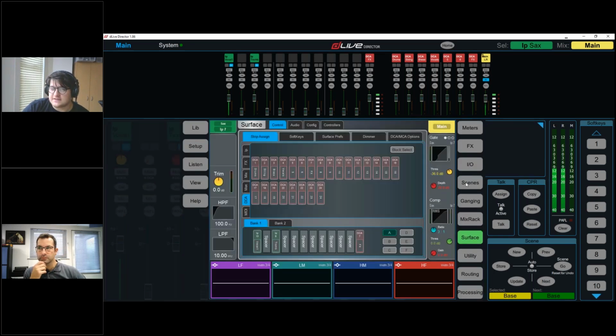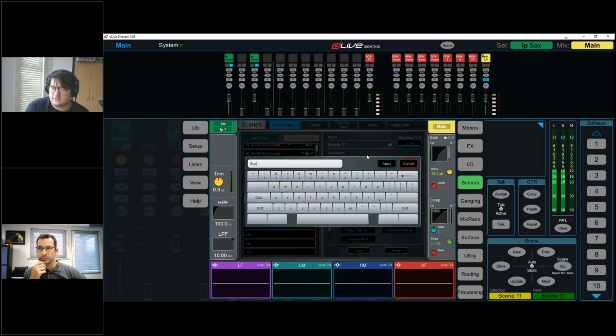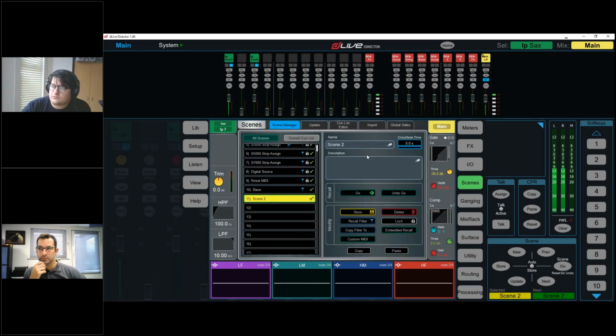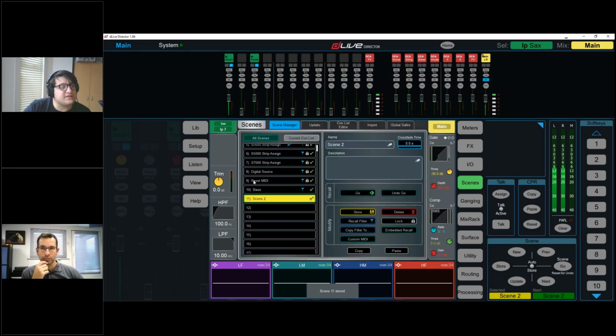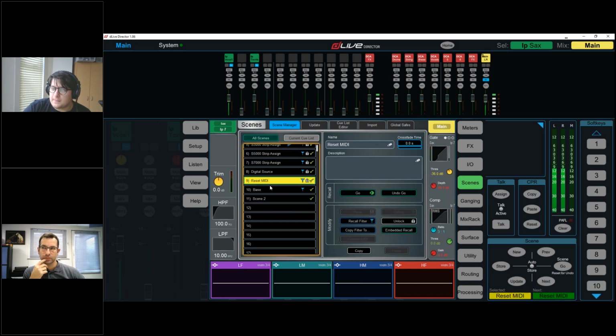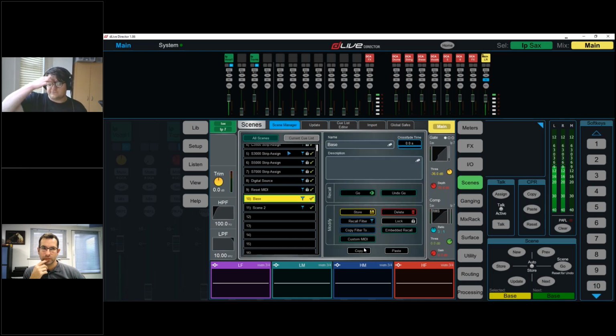We can now save this as a scene, and we can call this scene 2. So we've stored it, which has stored everything to scene 2, and we're now going to take the recall filter we created here and copy it. Copy filter 2, scene 2, apply. So this recall filter will now only recall the strip assignments for these 2 scenes. So let's go to base scene